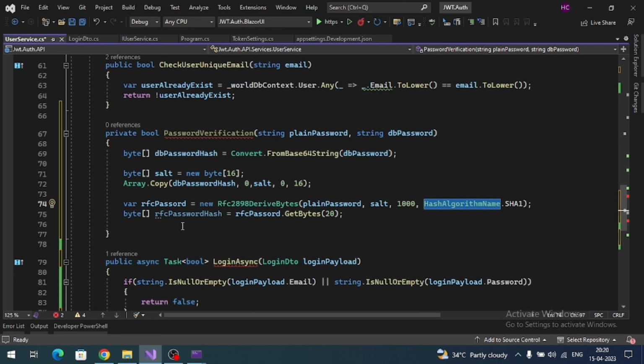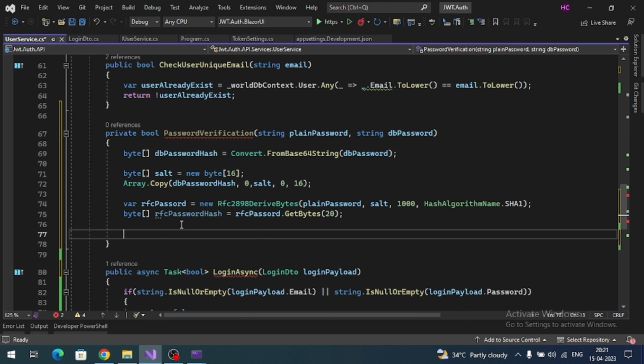Ultimately, what I am doing is again hashing my password using the same salt key which we used for the actual password that we saved into the database. Now I got a new password hash for my plain password. So now I can compare this RFC password hash with my DB password hash bytes. So to compare,